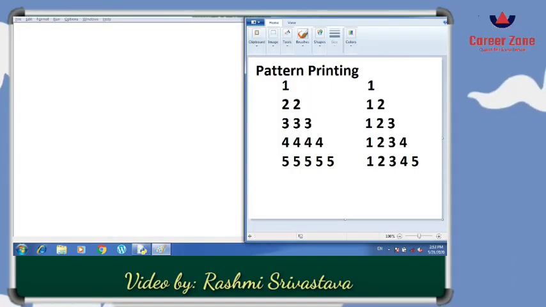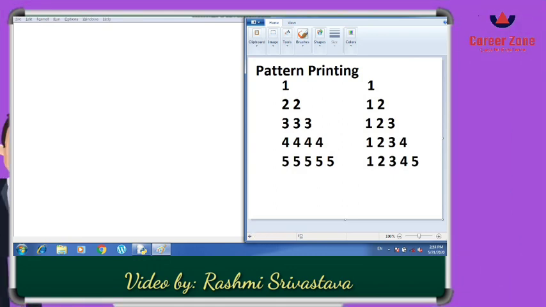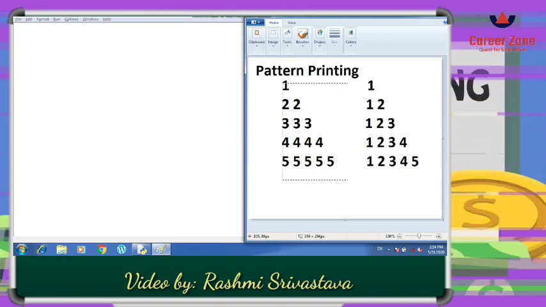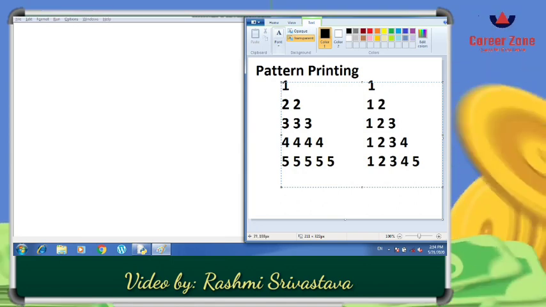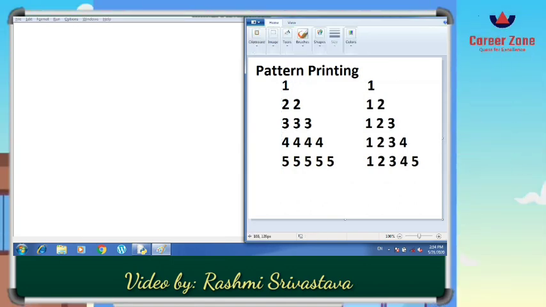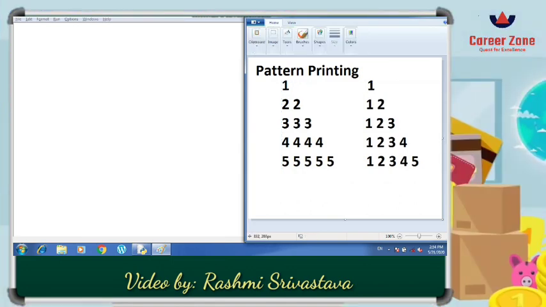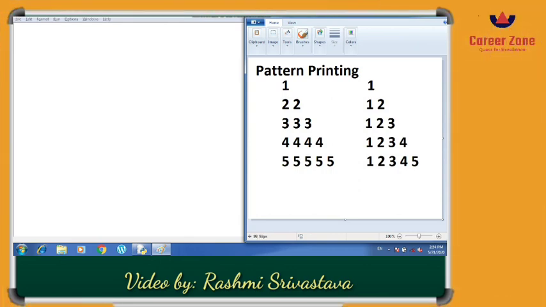Today I am here with some pattern printing programs in Python. So let us begin with the pattern printing. As I have told you in my last videos, for any pattern printing program, first of all you have to count the number of rows whatever you are having in the pattern. So here you can see on the screen that I am having two patterns to print. We'll begin with the first pattern. First of all we will count the number of rows in the pattern. So here we are having 5 rows.